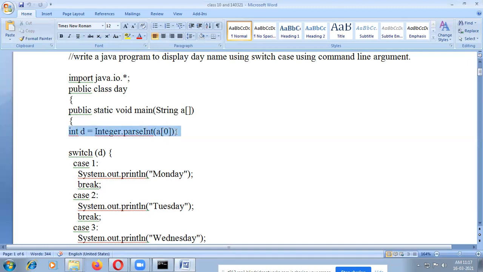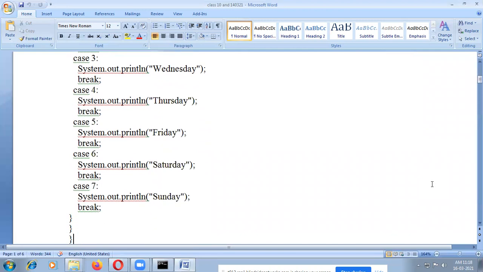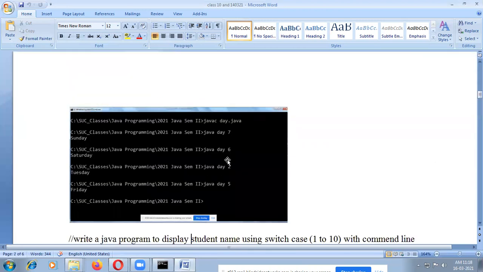In this program, we are using command line argument: Integer.parseInt(a[0]). a[0] we have already given in main(String[] a). So when we run the program, after compile, we need to give java space class name day. You are giving 7. 7 is the input for this program.